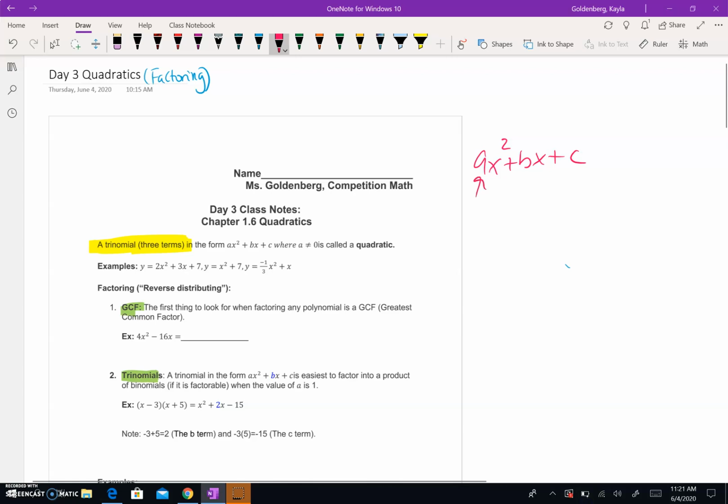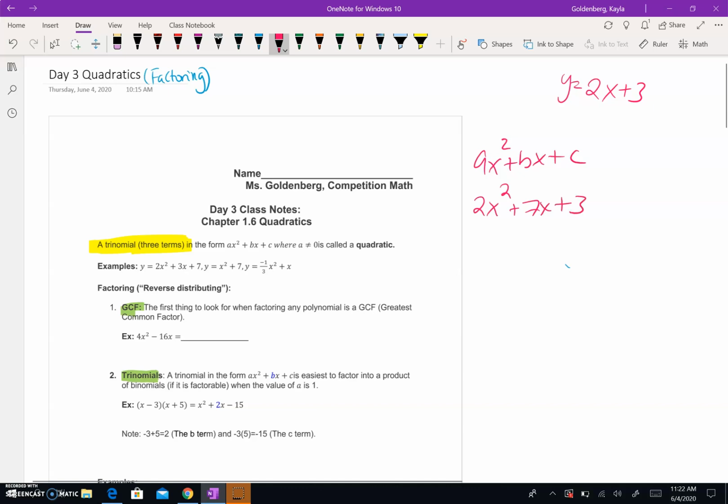Notice if a was 0, this whole term would go away and it would be linear. It would just be like 2x plus 3, and that's just the graph of a line, right? If I made it y equals, you could easily graph that. However, when we have ax squared plus bx plus c, it might look like 2x squared plus 7x plus 3,